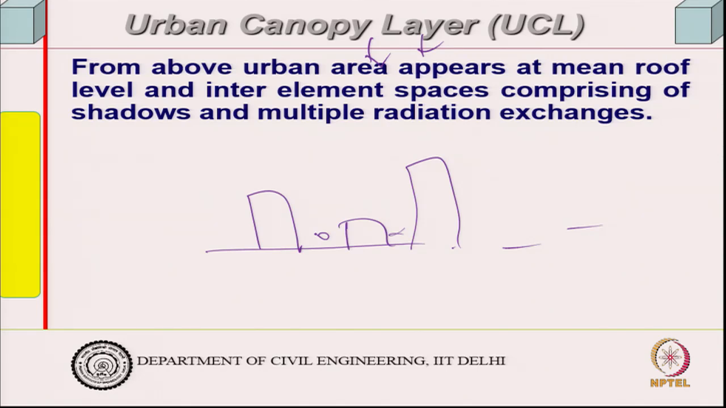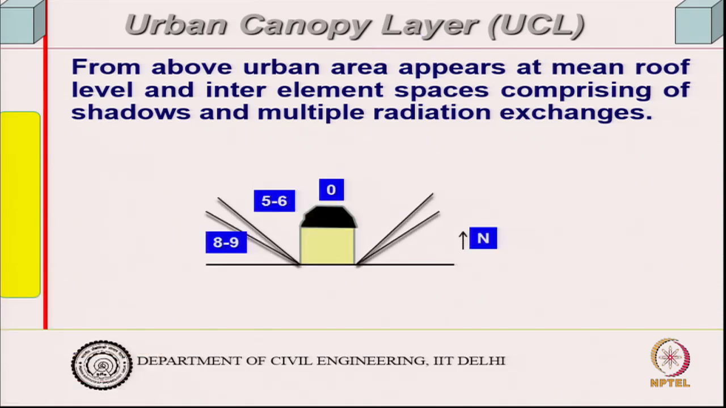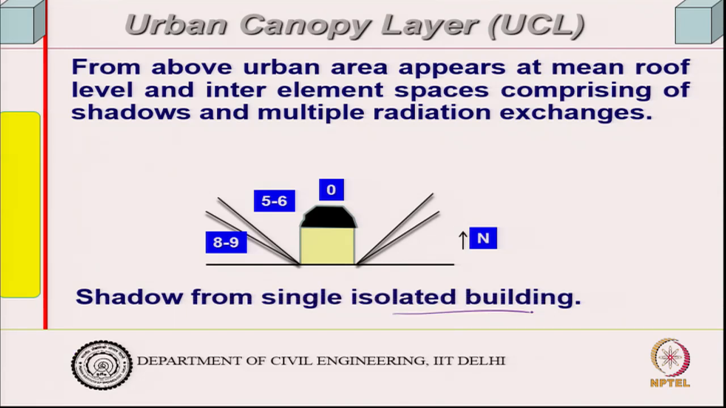So, from a satellite or something, one can look into this, comprising of shadows and multiple radiation heat exchanges. Obviously, this will have a lot of heat exchanges, right. So, for example, for a single isolated building, this is the north direction and it is in the northern hemisphere, you will find that in this zone you get sunshine hours 8 to 9 hours,